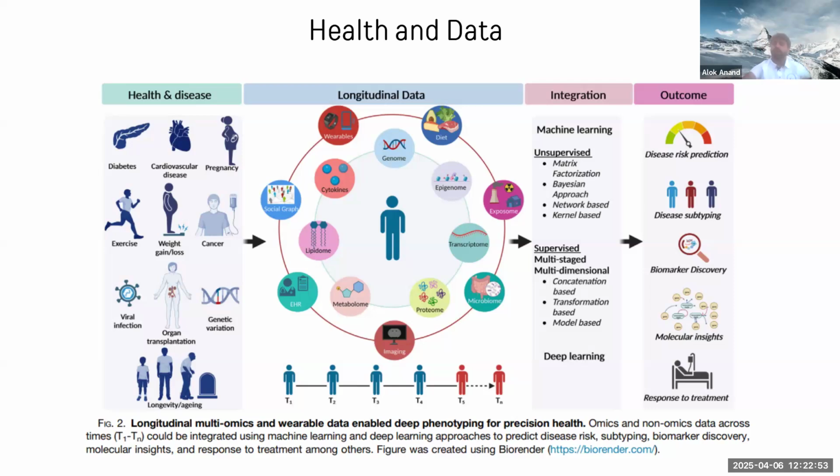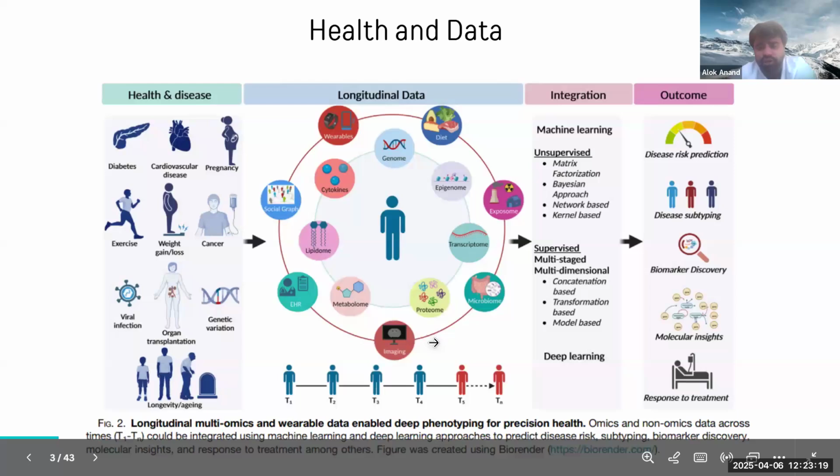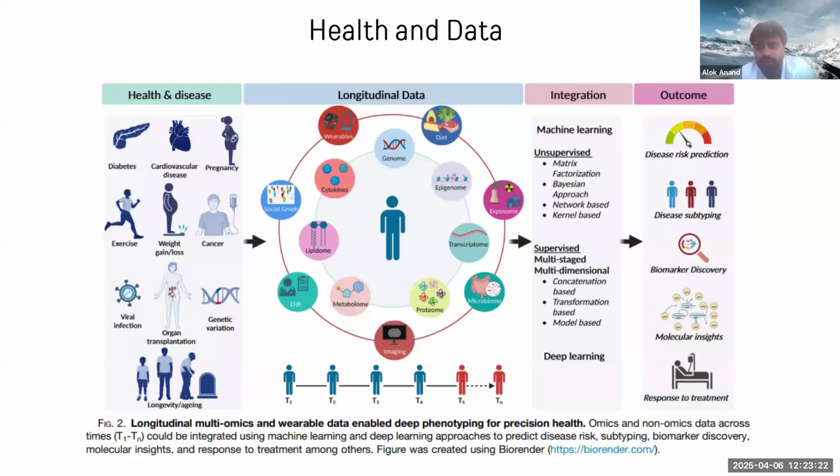When you try to understand and analyze those kinds of data sets, it is called a social graph. Wearable devices: we are getting the data from the wearable devices. We get the data from the social graph, LinkedIn, Facebook data, Twitter data, and all. Diet information. Exposomes, microbiome data, imaging. Suppose that you are traveling by some car or scooty, and you fell and had an accident, and there is a suspicion that you might have made some